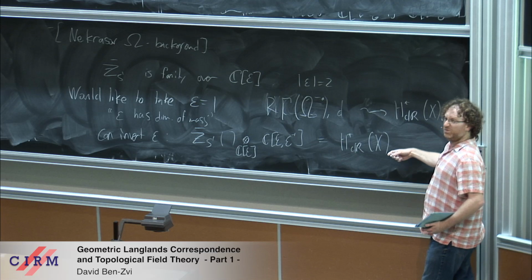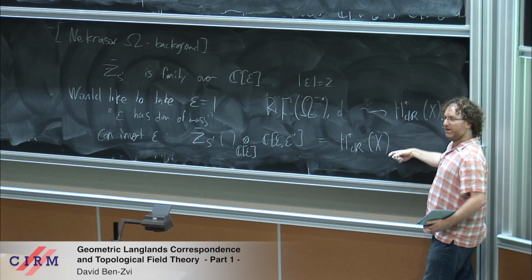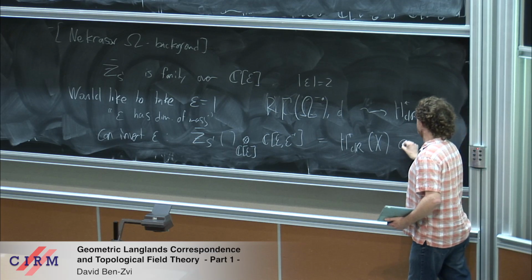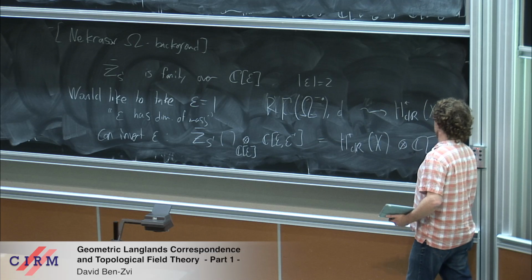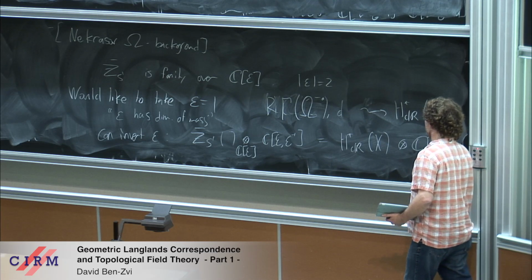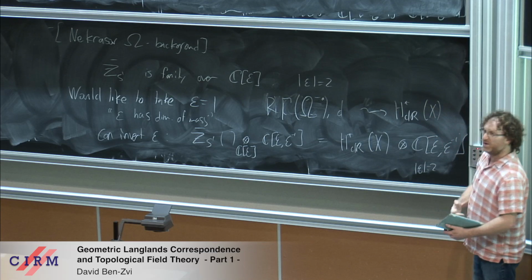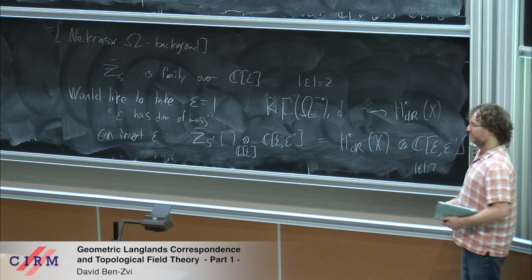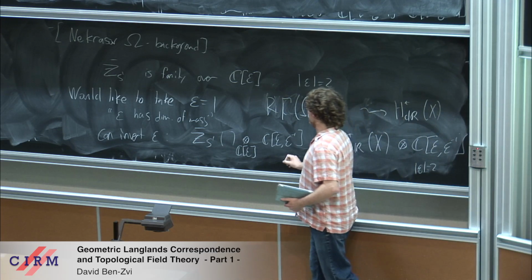Unfortunately, I've had to invert something of degree 2, so I only see this thing 2-periodically. I have to take this and base change it to polynomials in epsilon inverse, again where the degree of epsilon is 2. So I only recovered the de Rham cohomology 2-periodically this way. So this is the periodic cyclic homology